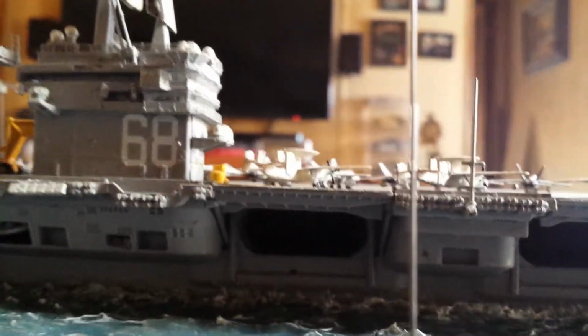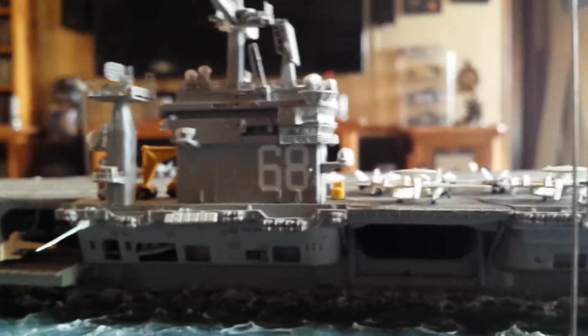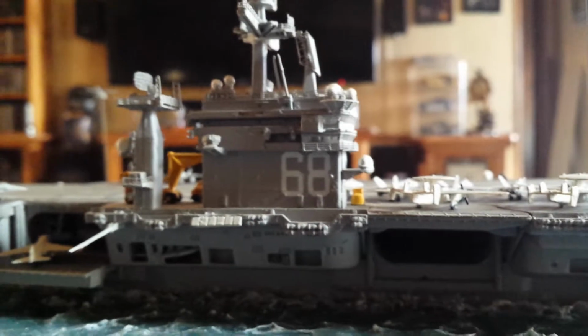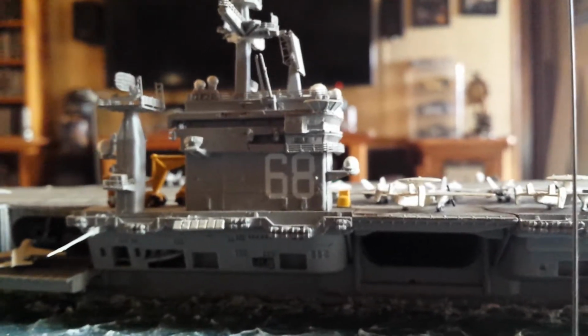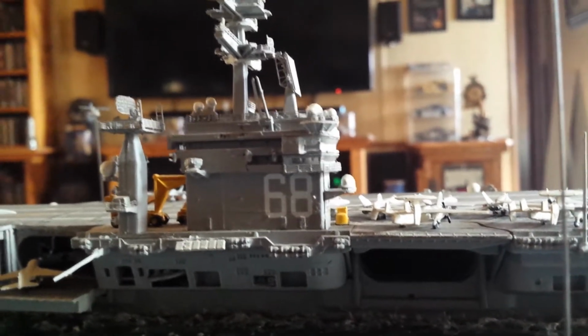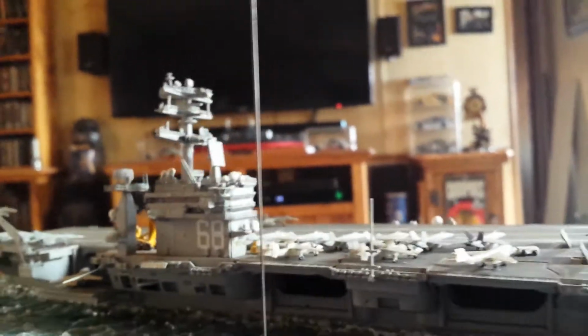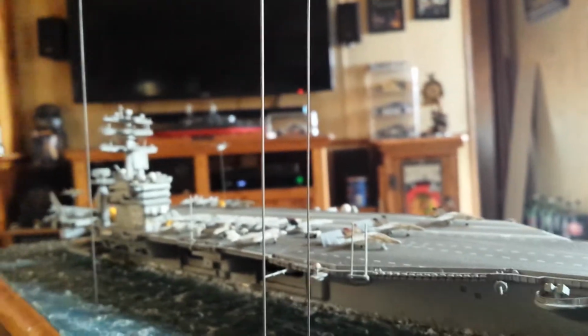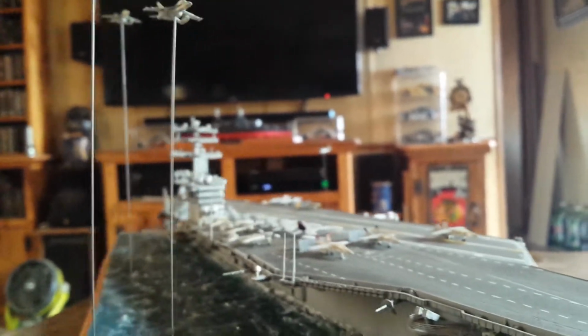I could have lit the island, the superstructure, because that's all cast clear parts. I would have tinted the windows green with some Model Master clear green and lit it up. But I just went the route of no lights on it. There are a couple guys that did lights on some of the models. This is a 1/700 scale. Some of them are bigger, and it would have looked pretty cool, but it would have been just too much work, and